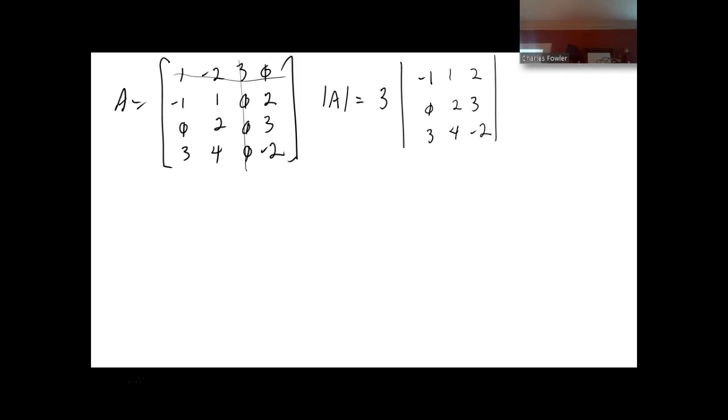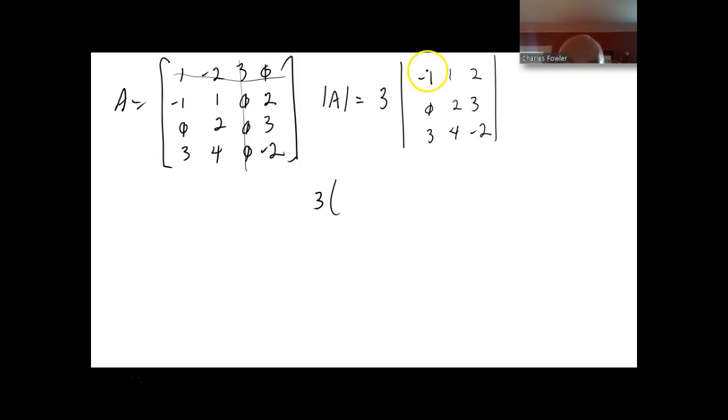All right. Here you have two choices. You could go with the first column, because that has a 0 in it, or the second row. It has a 0 in it. It really doesn't matter. Let's just go with the first column. Now, don't forget your 3. That's there from before. And then that's multiplied by,